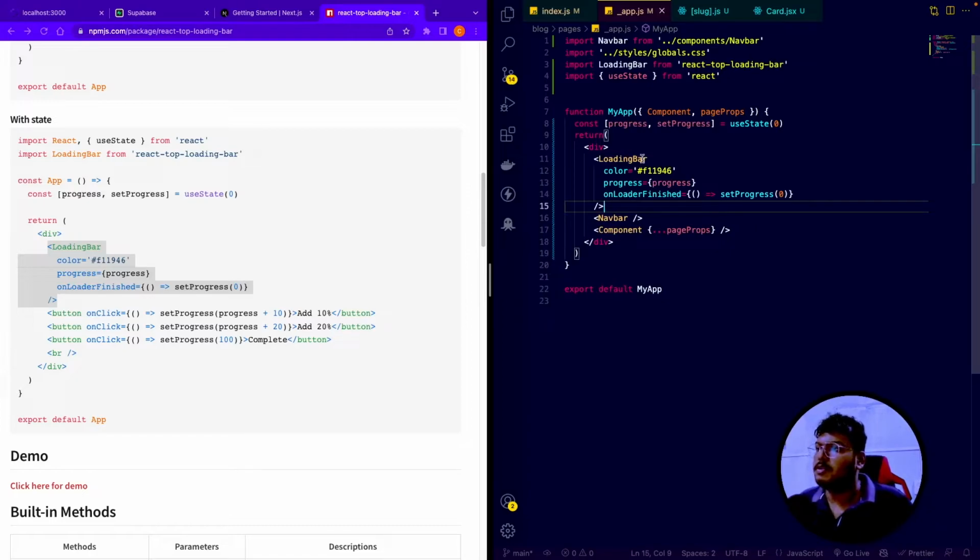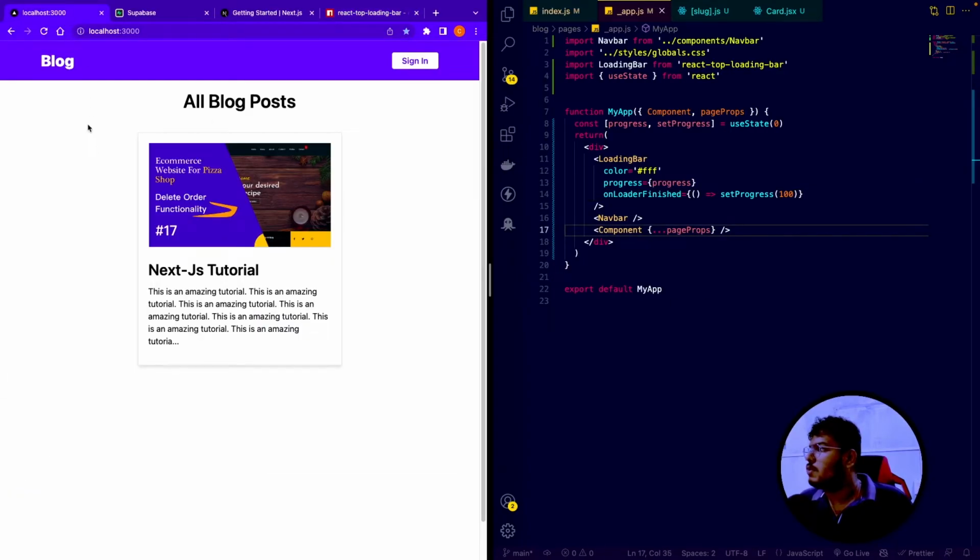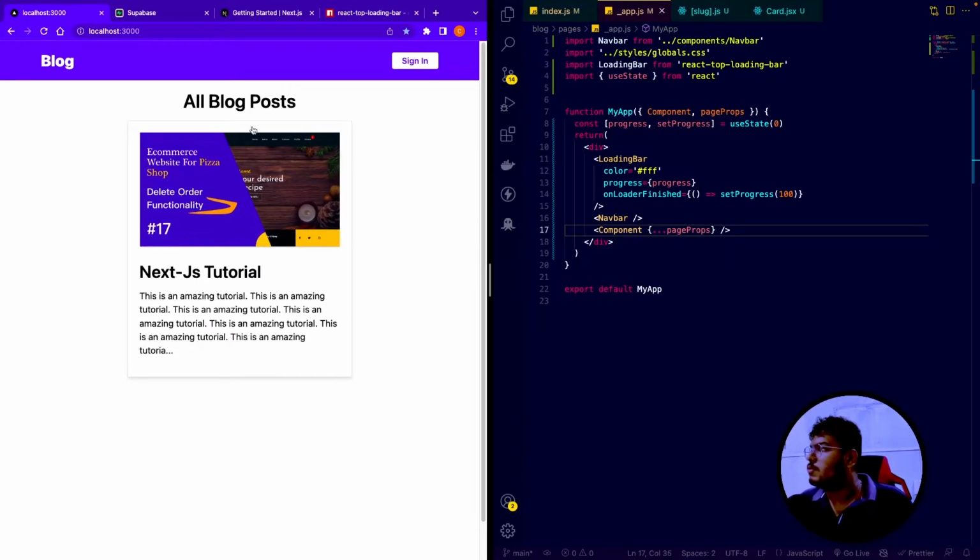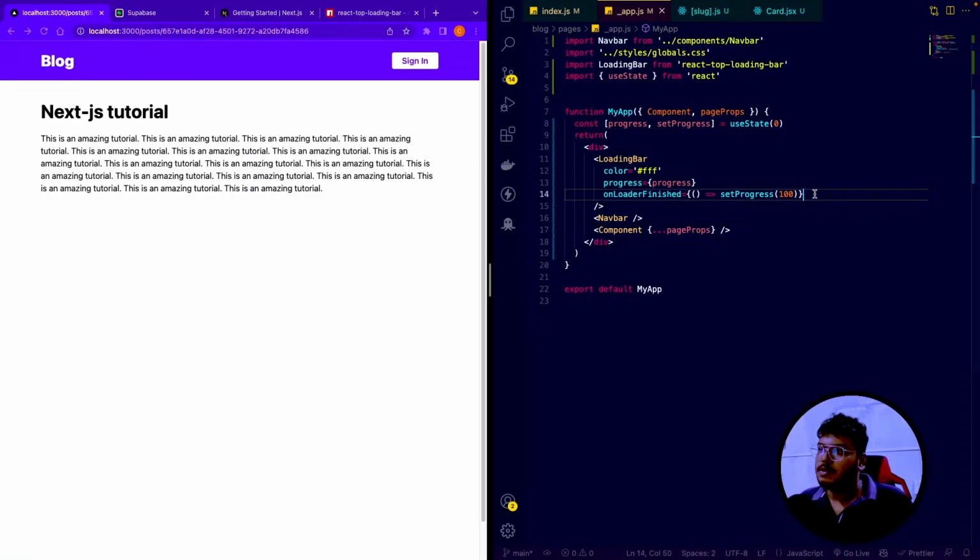At this point, save this, and let's say we can just change this color to, for right now, white, just like this. Save this, and on loader finished, I can just make it as progress to 100, let's say, and let's see, just refresh it. If I click on this, nothing happens. So we have to do one more thing, that is, it will work only on